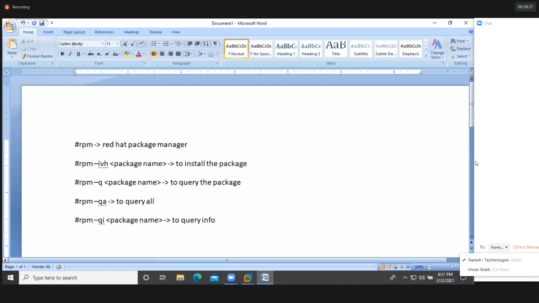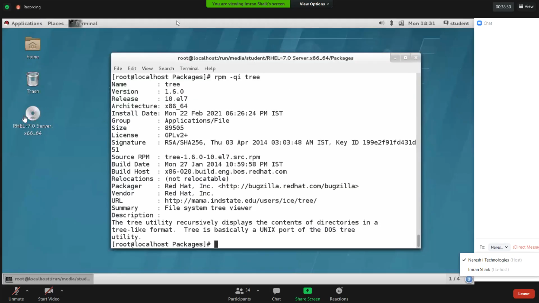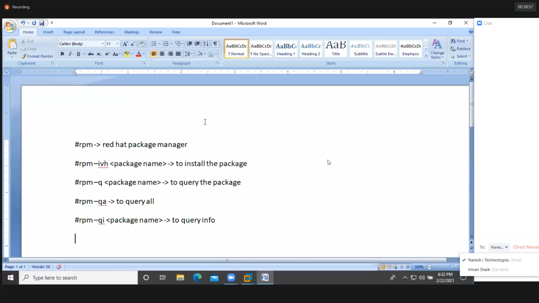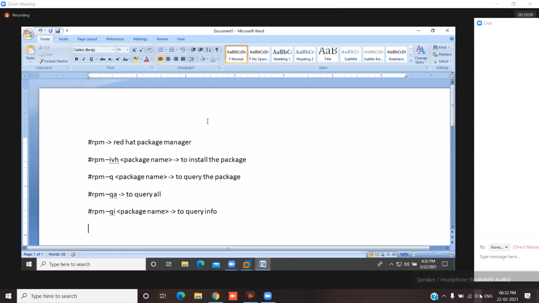Every package has the RPM extension, otherwise not, noarch. That is what I'm trying to explain to you, Sachin. We need to go to the package DVD. Inside this DVD, we'll have the predefined packages. Because we don't have any subscription, you are unable to download the packages from the internet. Got it?